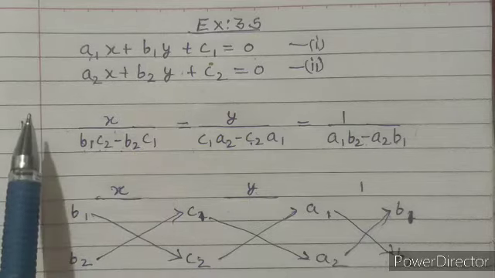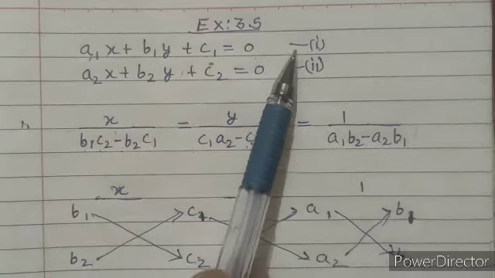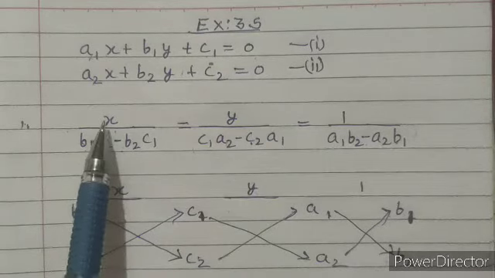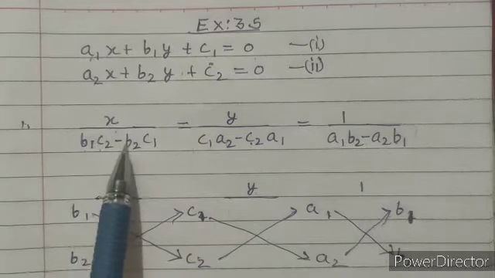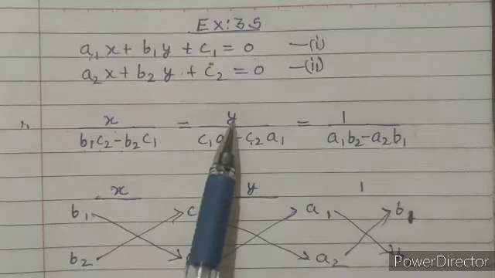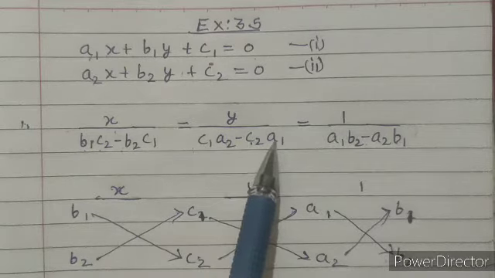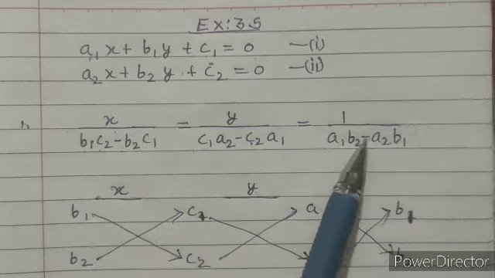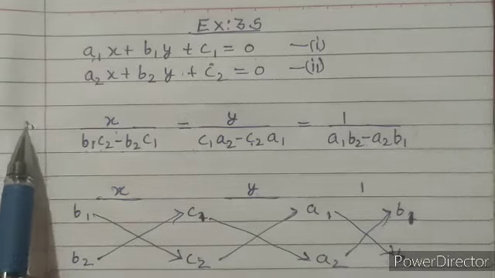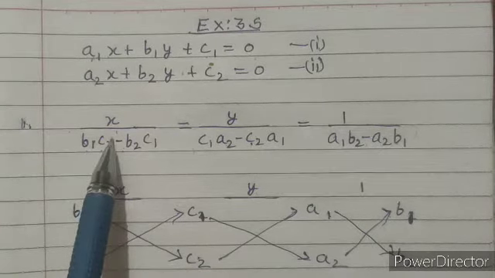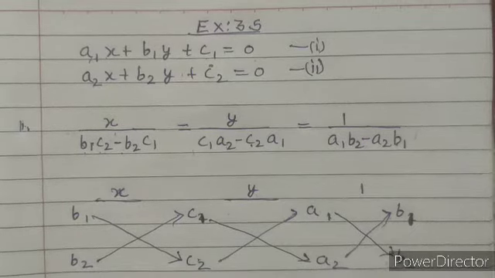Now our first step in the cross multiplication method is that we will write the solution of the first and second equations in the form x upon b1 c2 minus b2 c1 equal to y upon c1 a2 minus c2 a1 equal to 1 upon a1 b2 minus a2 b1. Now the result of the first step can be obtained by using the diagram